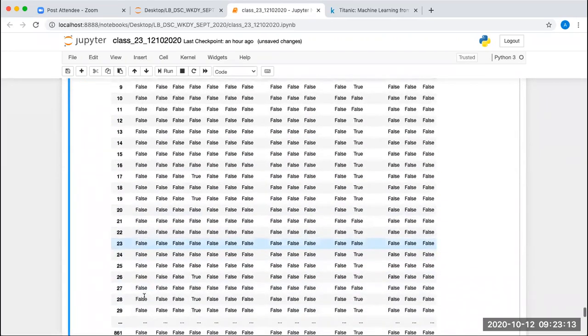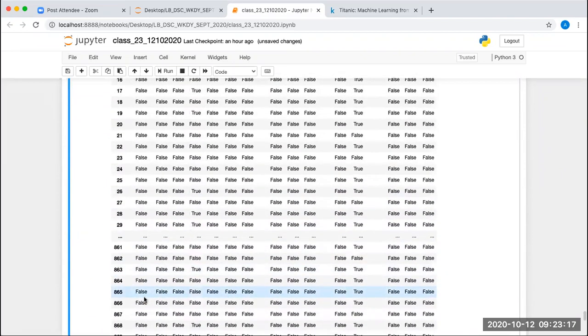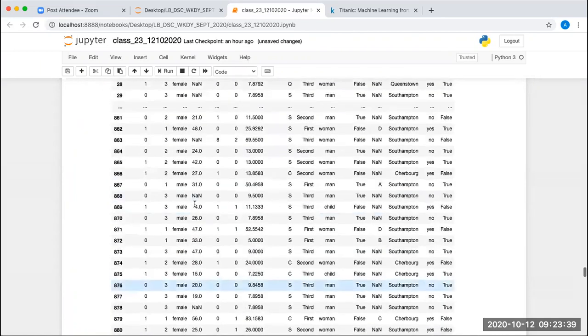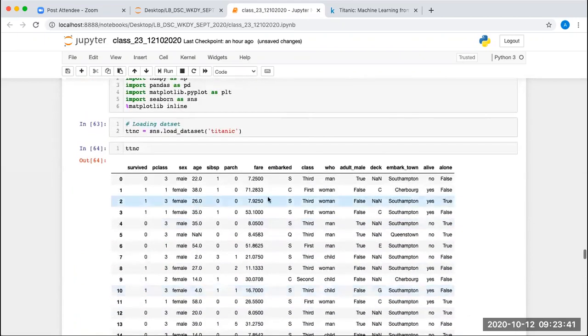Inside this, we are getting data points: whichever value is null, there we will get true, and for the rest all values will be false. In the deck, the NaN value was coming as true, and the rest are coming false. If you check here the deck, what is the first value in deck? NaN, right?